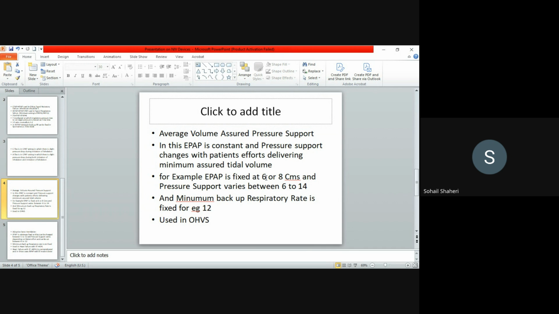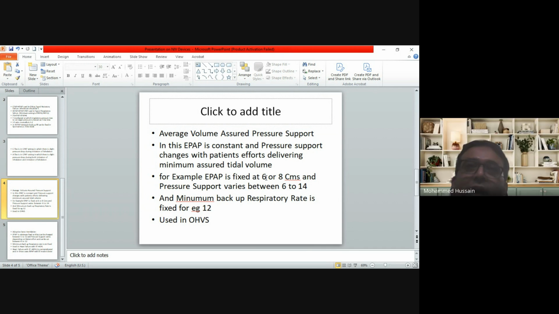सर, अब ईपैप में ड्यूरिंग एक्सपिरेशन भी देयर इज ए पॉजिटिव एयरवे प्रेशर, पॉजिटिव प्रेशर इन द एयरवे है। तो पेशेंट को एक्सहेलेशन करना होता है अगेंस्ट दैट प्रेशर। इसीलिए तो आईपैप देते हैं, वो सपोर्ट नहीं होना बोल के। थोड़े लोगों को वो थोड़ा प्रेशर ड्रॉप कर लिए तो टॉलरेट कर लेते हैं।